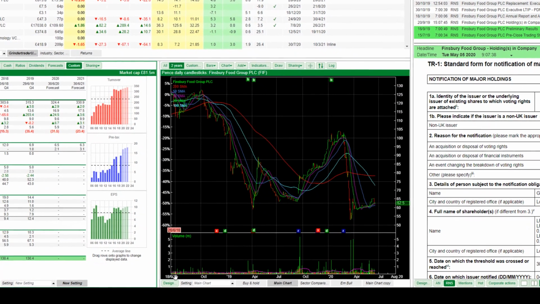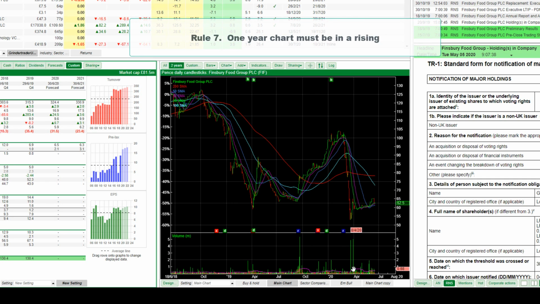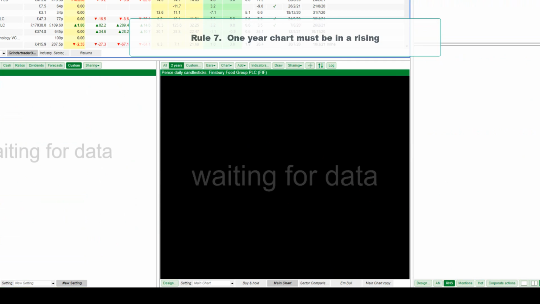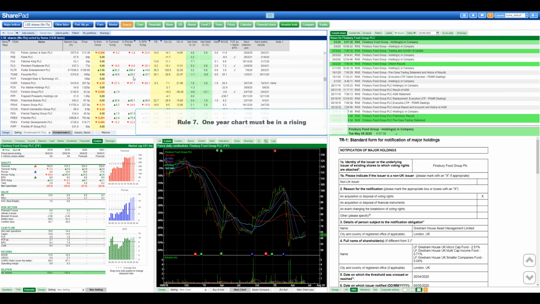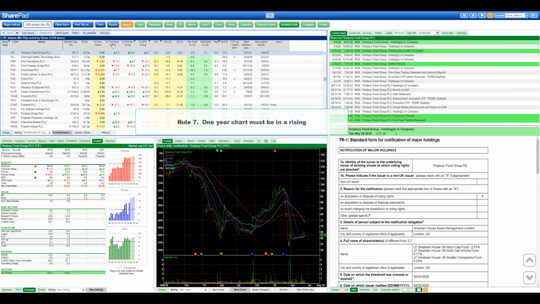The next window I've got is a chart window, and we'll go into this in a further series as well, but it's probably self-explanatory. I use candlesticks, and there are some moving averages here, and I like to look at the volume here. This is currently set on 2 years. Again, my rule, 1 year chart must be rising. I've got it set to 2 years here, but you can still see, if I flick through, Finsbury Food, that's where I was at. If I try and scroll down to see some of these that comply with my rules,